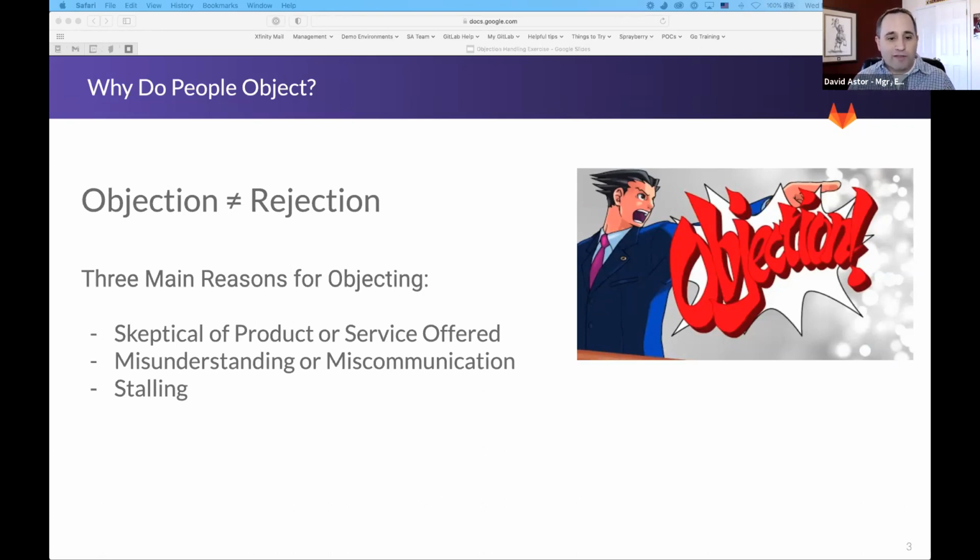I want to reinforce that you're going to get objections in all shapes and sizes. They're going to come at you with different words, different verbiage, but generally they can be distilled down into one of the 3 reasons we see here. First is that they're skeptical of the product or service. It sounds too good to be true, what you're saying. You haven't proven it to me yet. Second is that there may be a misunderstanding or miscommunication. Perhaps someone says, we already have source code management. Why would I need GitLab? Well, we haven't really proven to them yet, or we haven't shown the full value that GitLab can provide. So again, it's a misunderstanding there. And third is that they're stalling. Maybe someone is not really the decision maker, or someone's shopping around. These are all examples of stalls, and we're going to get into some of these in just a moment. Okay?